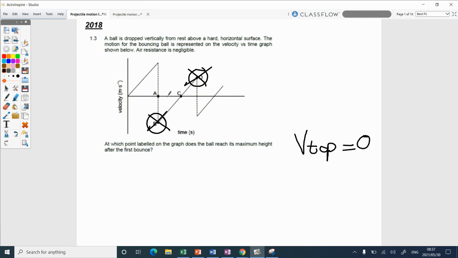C. Why? Why not A? It's just leaving the ground and you get to mathematics. Exactly, and when you're doing energy later, you will see that they will actually do this. They will make this take time because it doesn't hit the ground in no time. So this gradient here, can you see this gradient is now negative? So the acceleration for that bit is negative, and that's when the ground is pushing it up. And that makes sense later on when you do energy. They can combine all of mechanics in one graph, which is so lovely. I'm still waiting for that question to come one day. Okay, so the answer is C. Well done.